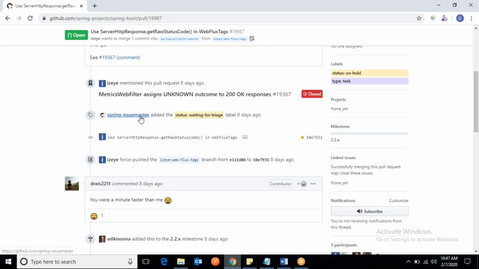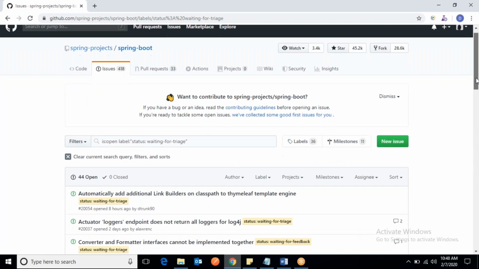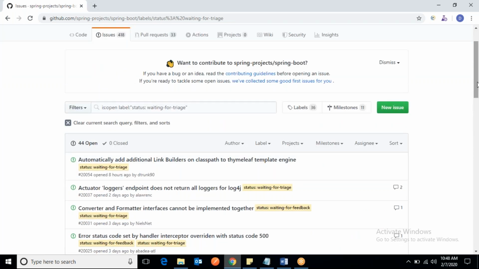Here it is. See, I haven't explained some concepts to you. You see here the status: waiting for triage. What does it mean? Someone has restricted this, so that without some code review or some status pass, you cannot merge this code to the branch. So some restrictions have been applied, and I haven't covered those. So don't directly jump here. You will not get to know why it is happening like this.